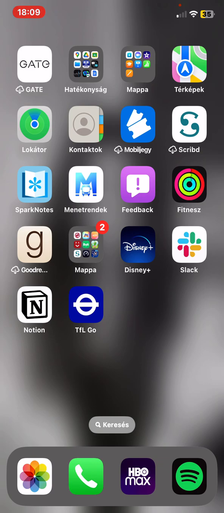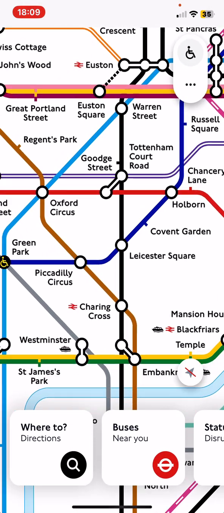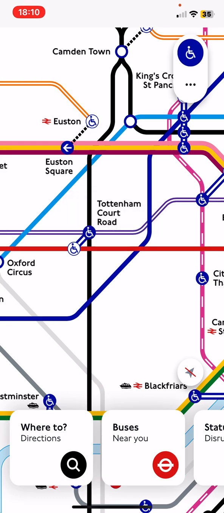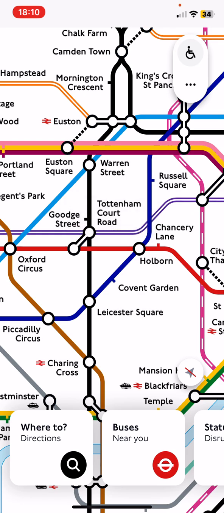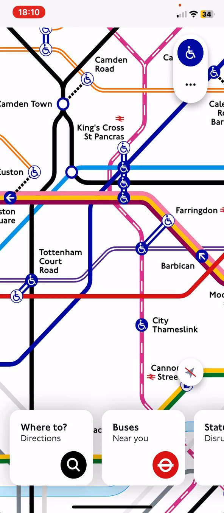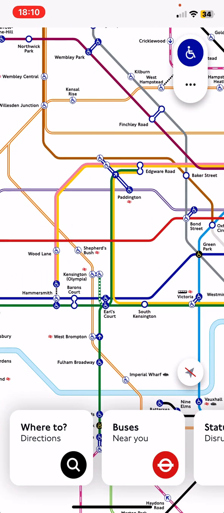First of all, open the application on your phone, and then you are at the main page. So now just click on the button at the top of the page on the right, where the man is sitting in a wheelchair. And by clicking on it, you enabled the step-free mode, and you can always just turn this off. But once the button is blue and you can see these areas on the map, it means that